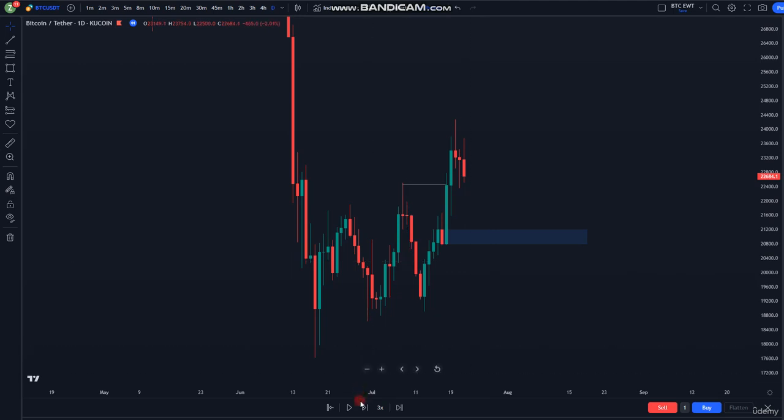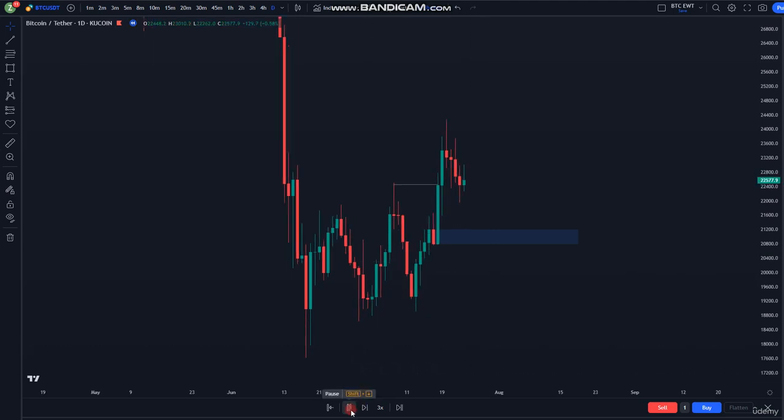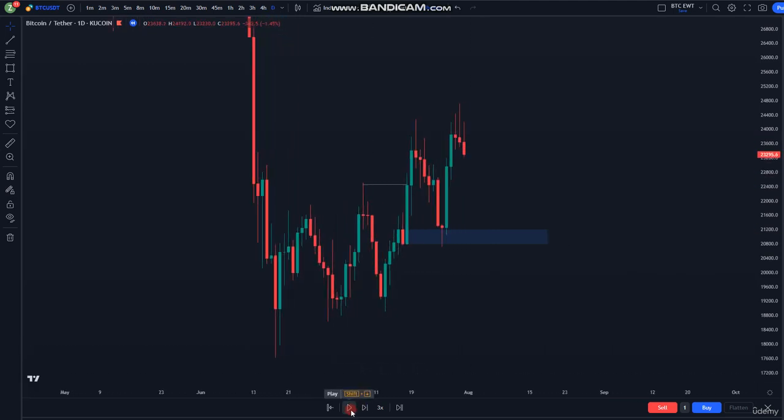And if we watch what happens here, we can say perfectly there, okay, we got a poke right into the demand zone, picked it up perfectly, price heads back up and takes out the high once again, and for what looks to be a liquidity run, okay? We didn't get much,